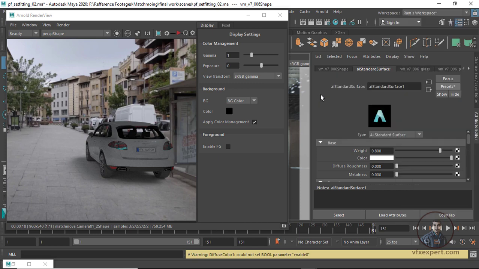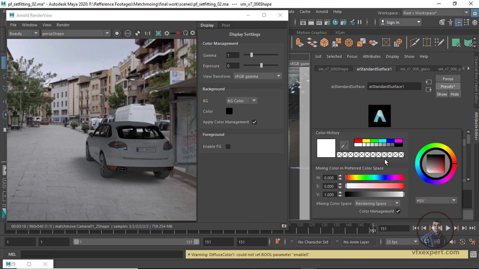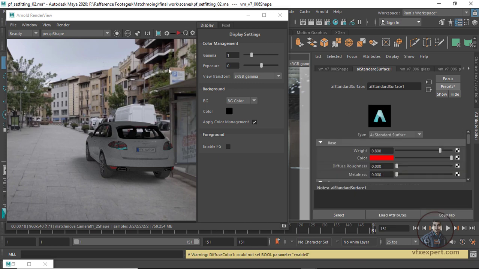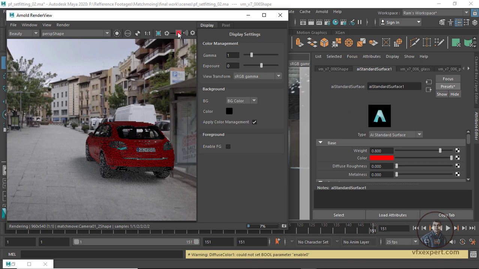I am going to adjust the color a little bit from here, maybe red. Now render after this. Then we adjust our lighting, exposure, all these things. I am going to use this color, and the remaining things in weight you can adjust.